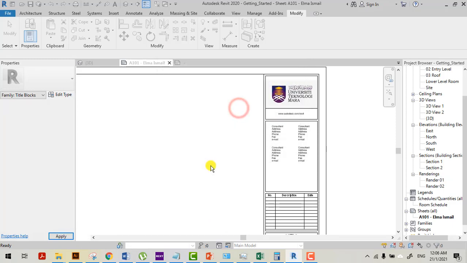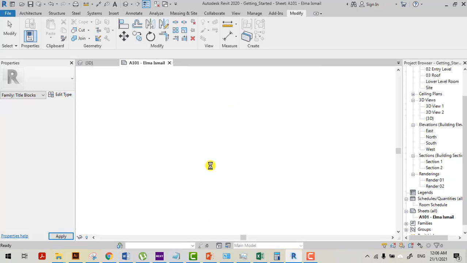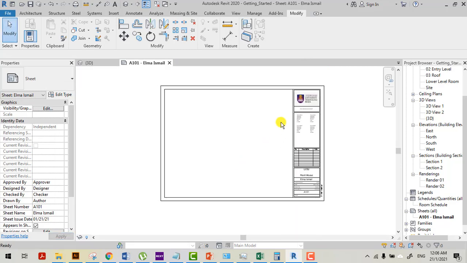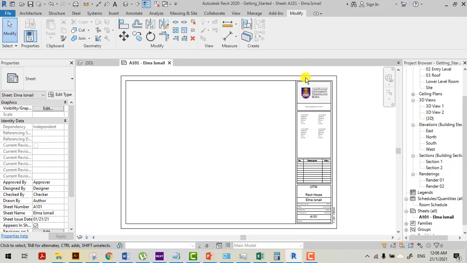Okay, just overwrite the version. Okay, so now I have my logo here. Alright, so that is how you edit your particulars at the title block. Okay, so now we want to insert our